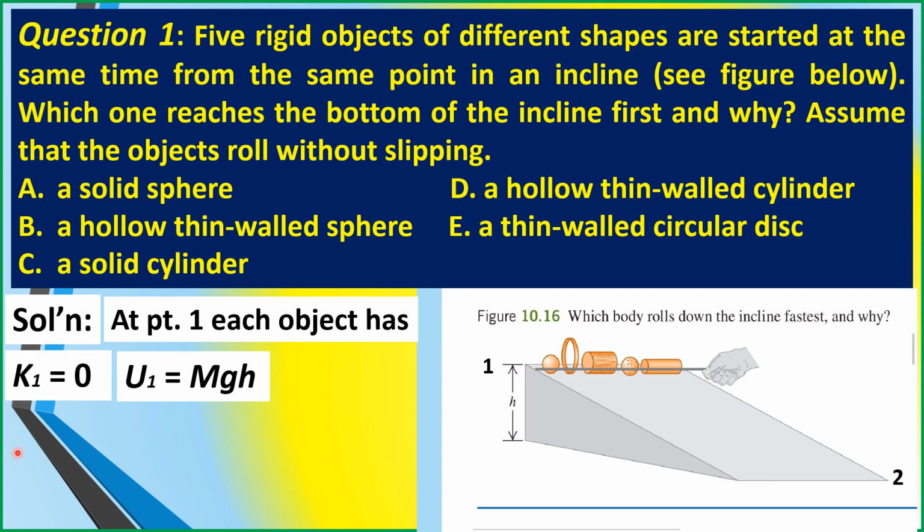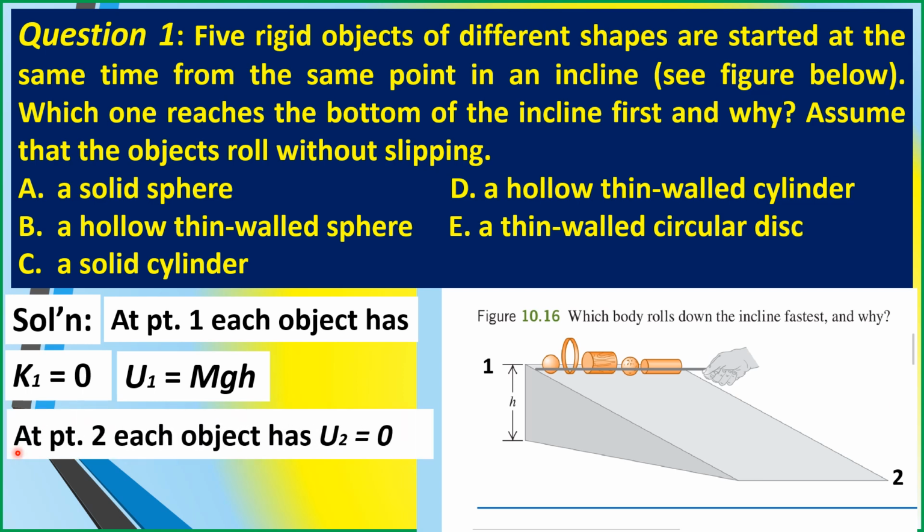Now, when each object is about to reach point 2 or level 2, that means before reaching the bottom of the incline, we say that the gravitational potential energy of each object is equal to 0. That's U sub 2 equals 0. And since they are rotating or rolling, by the time that the object reaches the bottom, it should acquire an angular speed omega, which is equal to the translational speed of the center of mass of the object divided by